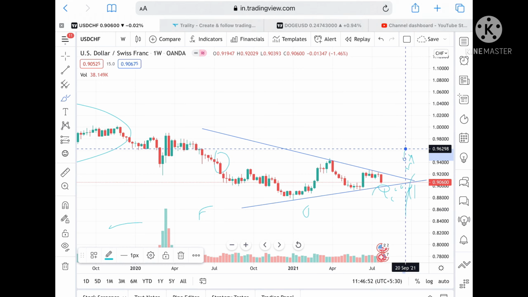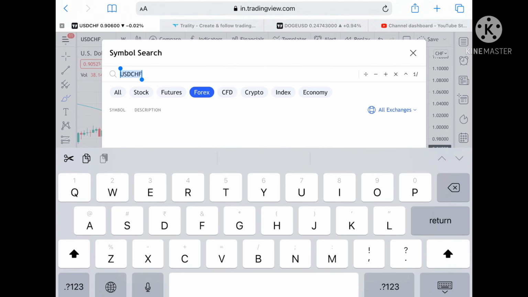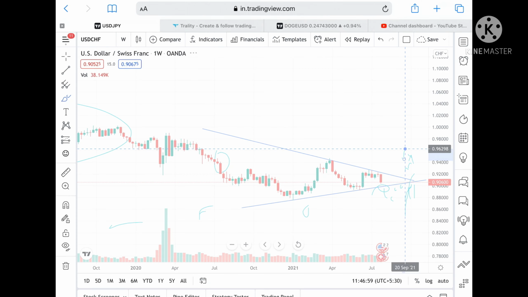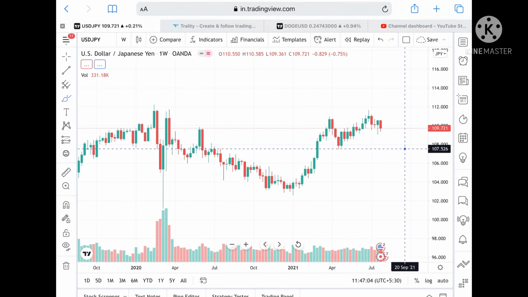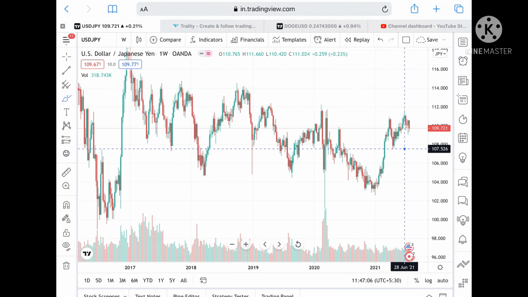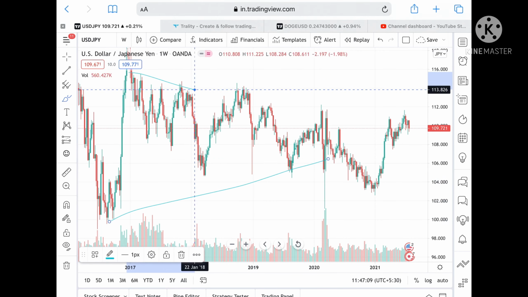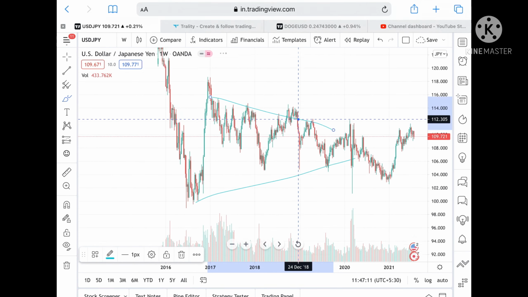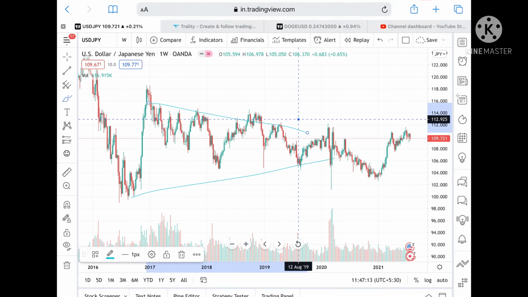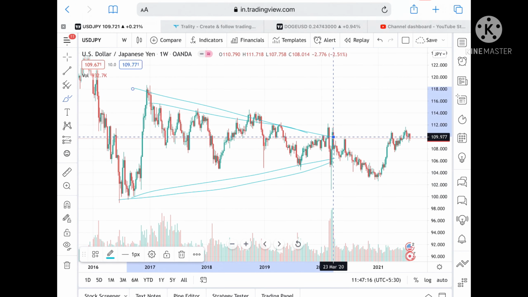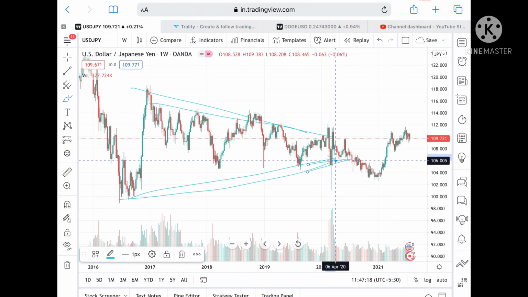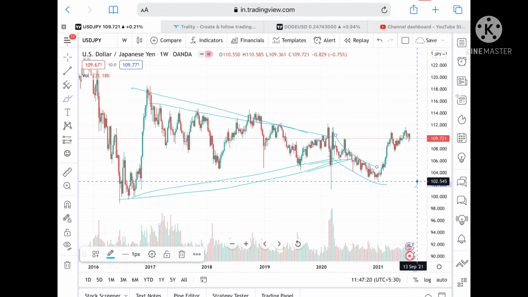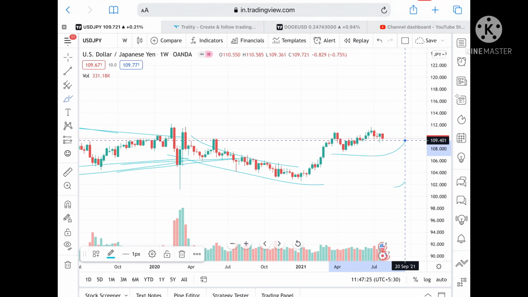If we talk about USD JPY, see, USD JPY made a narrow pattern. I have already told in my previous video that a narrow pattern was formed in this particular range, so if you traded this range, it moved down. Look at this trend, but after making a low of around 102, it has moved upside and is now moving in this particular range. So the range high is around 111, okay, and the low is around 107.